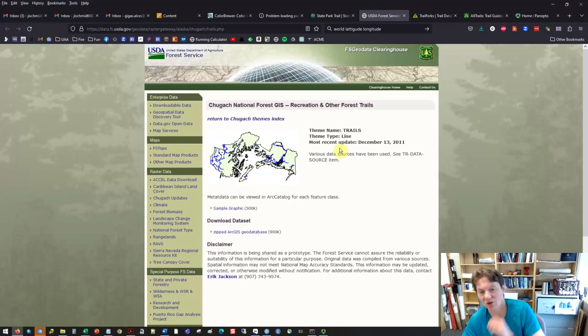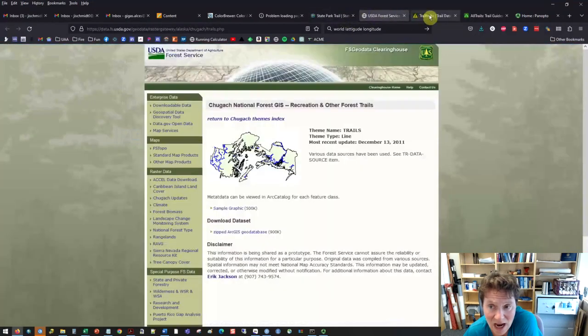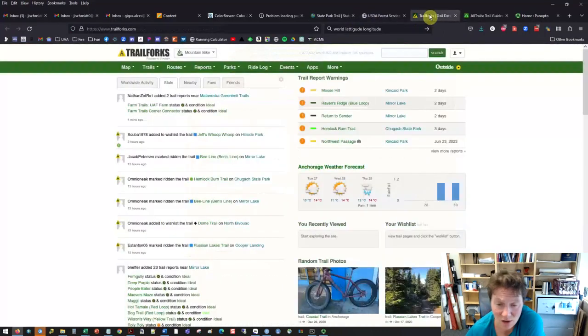Since we're interested in trails, getting to this issue of how do you look at this at the statewide level, it's basically impossible unless you're willing to spend a lot of time wrangling a lot of different data sources. For example, here's one for the Chugach National Forest. Here's a data file of all of their trails. We have the state park trails, and then you have third-party apps that people use, like Trail Forks here is